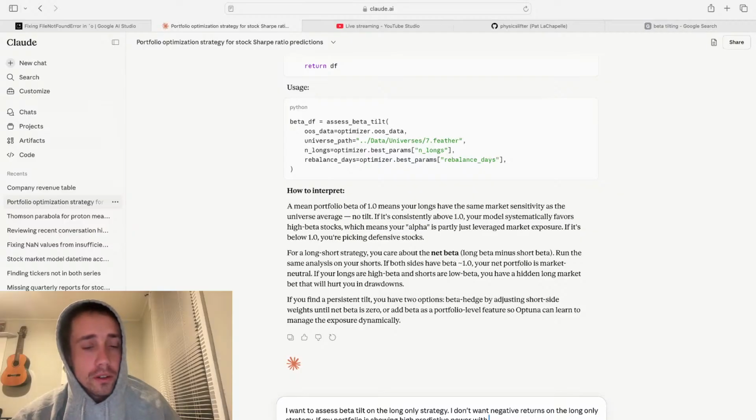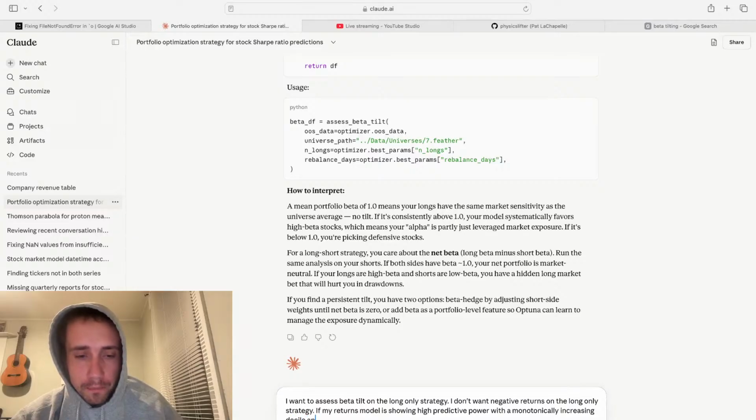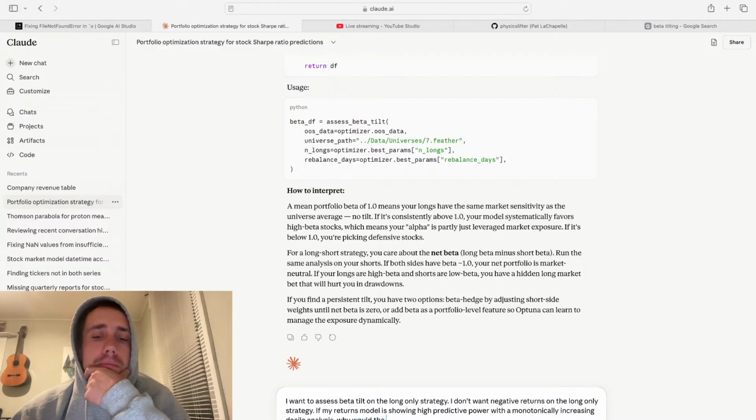If my portfolio, if my returns model is showing high predictive power with a monotonically increasing decile analysis, why would the